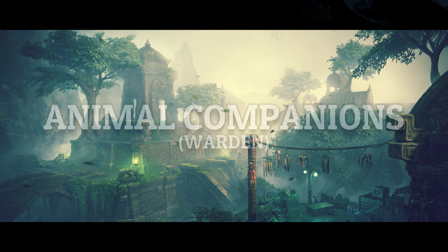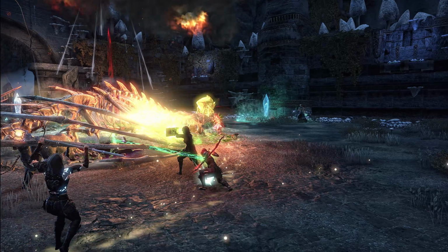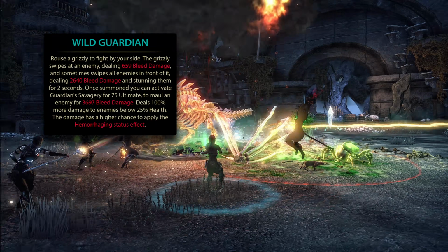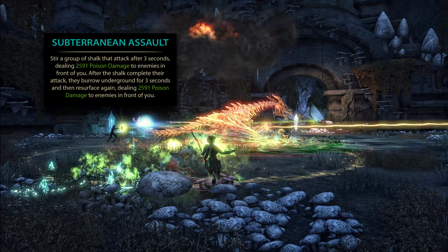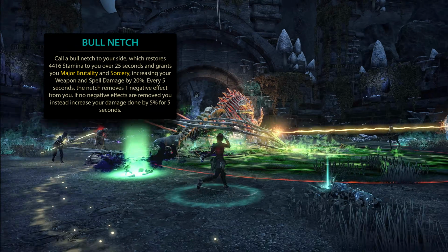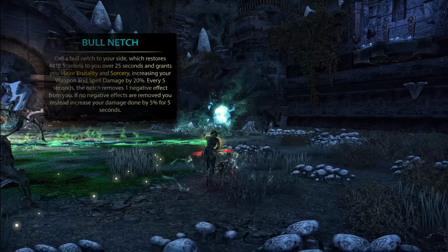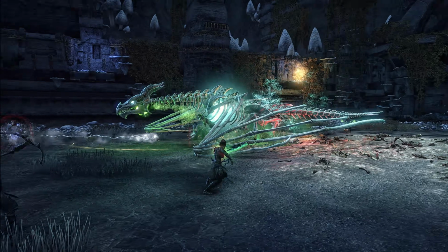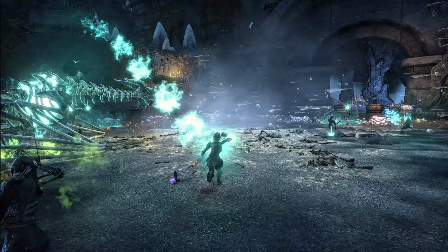Now, from Animal Companions, I'm keeping a couple key skills that I've always loved on Wardens. Of course, we've got the Bear, Wild Guardian, still my go-to ultimate on both bars, Subterranean Assault, a strong burst, and it pairs pretty well with Blast Bones for big damage spikes in short fights. And then of course, the Bull Netch I will occasionally use, although most of the time I have it swapped out for Skeletal Archer. It's useful when I need the sustain, it's still great for solo builds and arena builds where you can't rely on other players to purge negative effects,